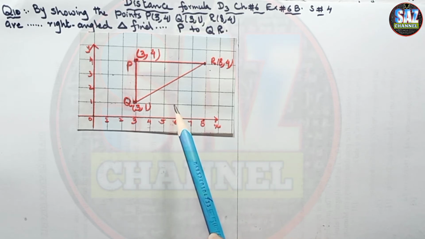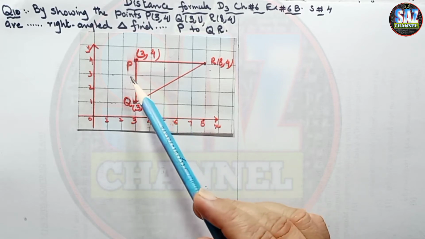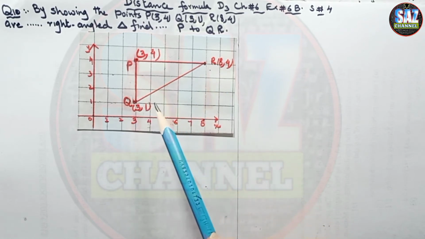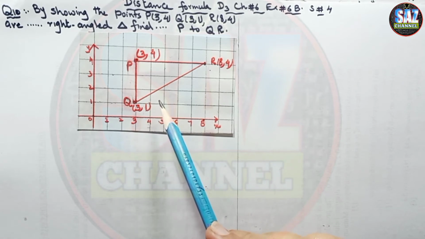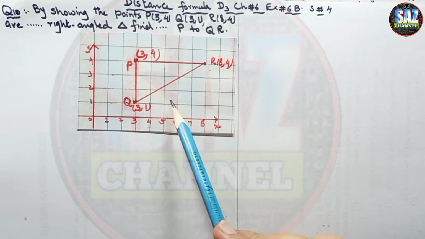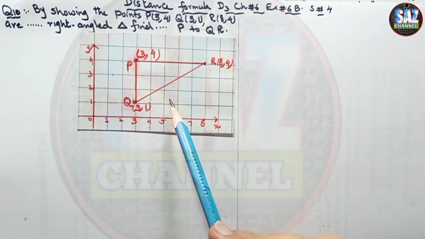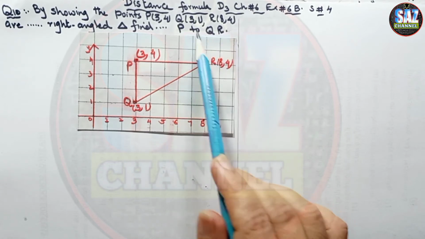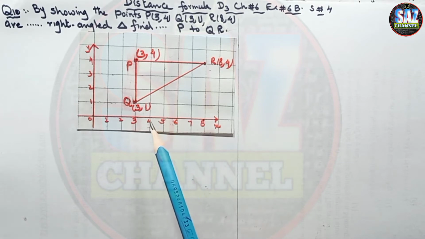So in order to prove that this triangle is a right angle triangle, first of all, we have to find all three lengths PQ, QR and RP, and then see which length is the longest side. If the square of that longest side comes the same as the sum of squares of the other two shorter sides, then the triangle will be a right angle triangle. I hope you are clear about how to show that a triangle is a right angle triangle or not. After that, I will discuss how to find the length of the perpendicular from P to QR. So let's move to the solution of the question.